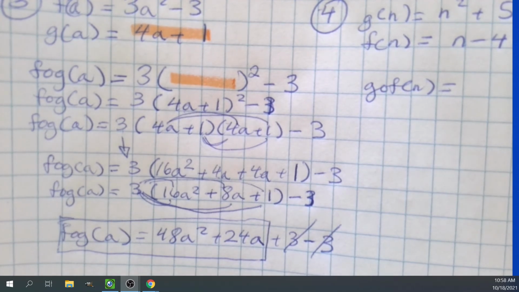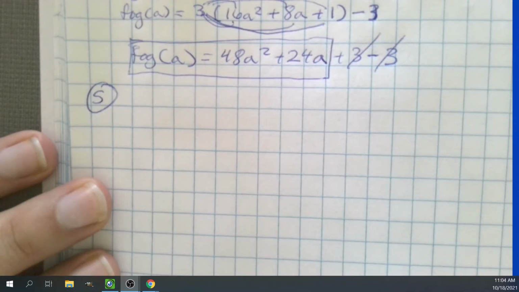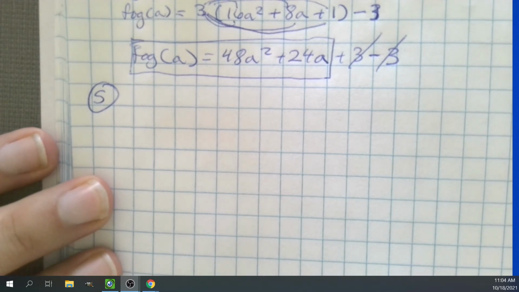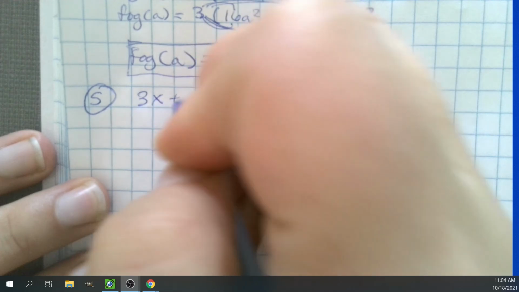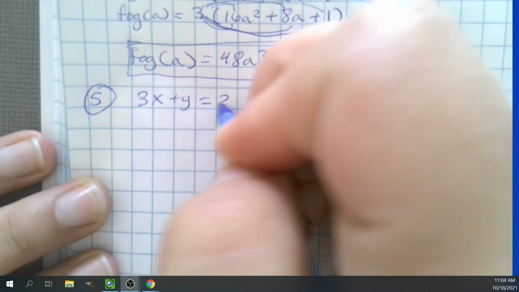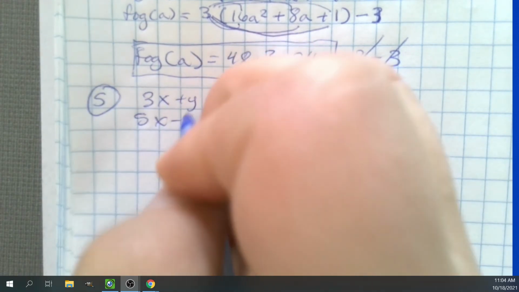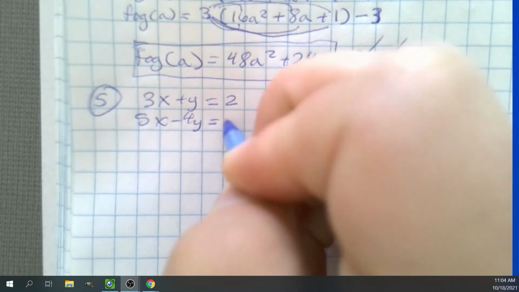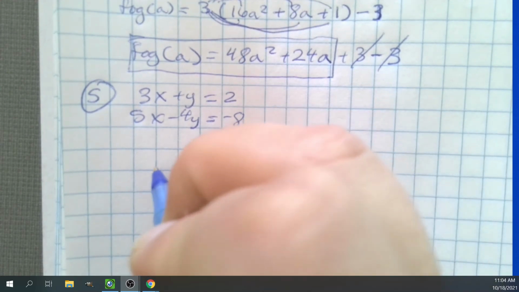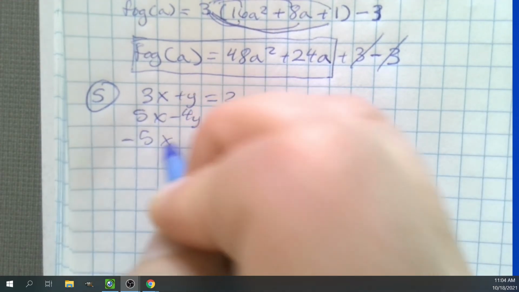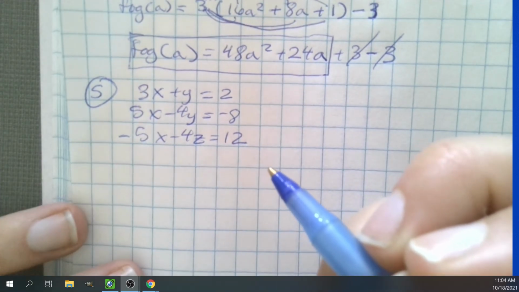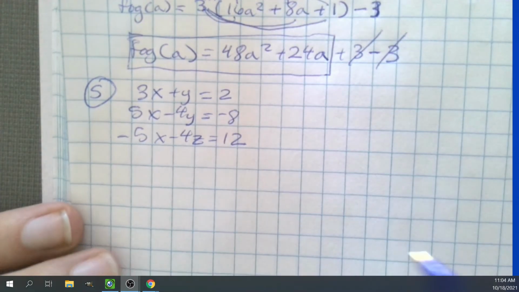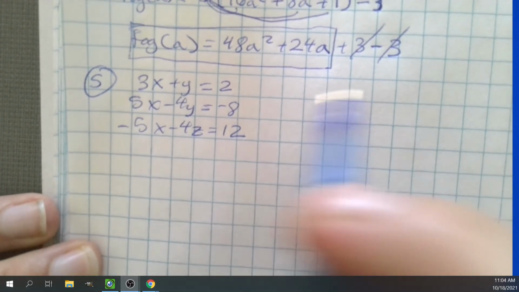I'm going to pause for a second. So just on number 5, you have 3x plus y equals 2. Then you've got 5x minus 4y equals negative 8. You've got negative 5x minus 4z equals 12. And what I want to see is, if this was my work,